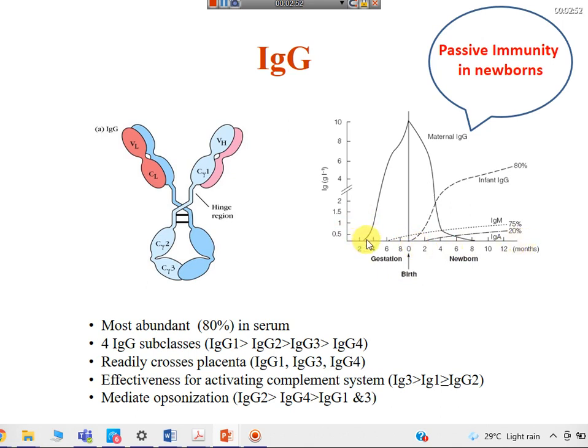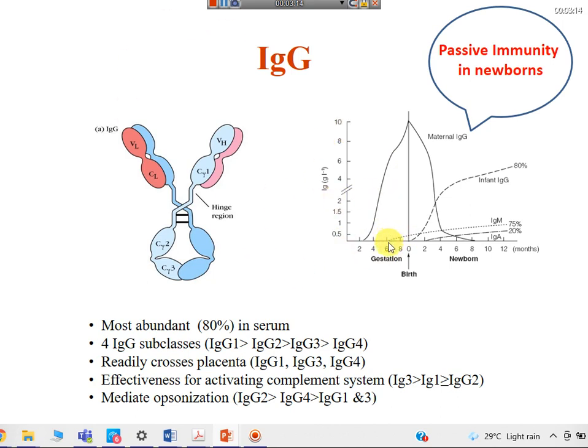You can see here the dark or the complete line shows the maternal IgG. In the newborn, after about 2 months, the IgG level rises very quickly and reaches its maximum. And at about 6 months or so, the newborn starts making its own antibody,